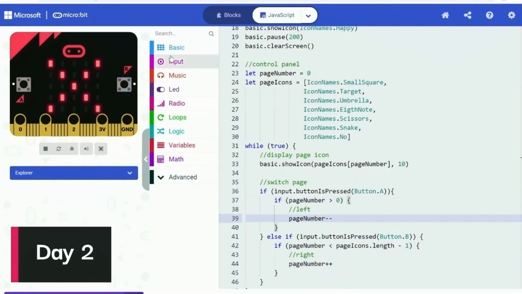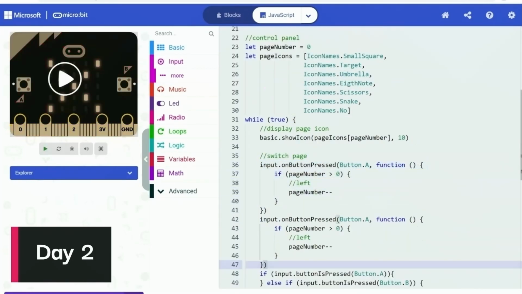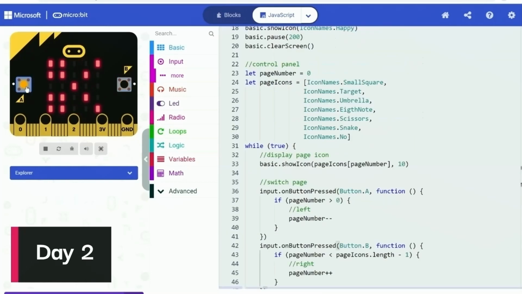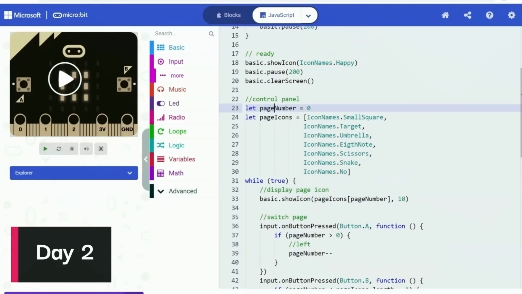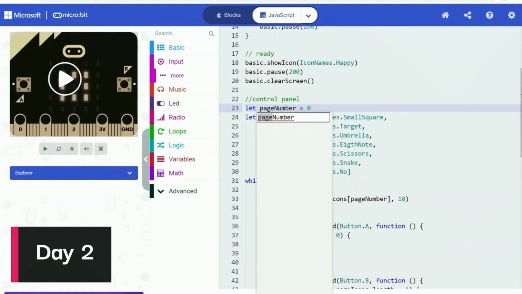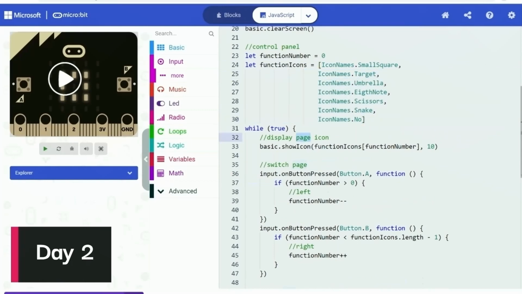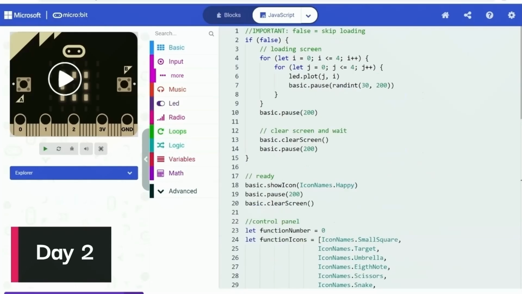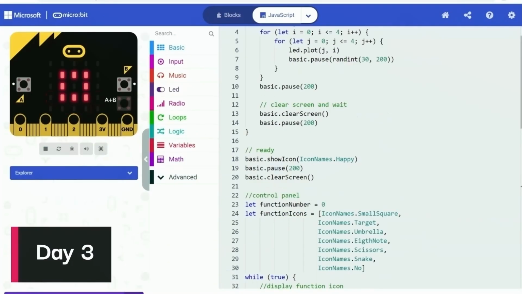Just as I worried before, the logic I used was taking the button pressing too many times. So I switched to the other way, where I simply added listeners to the buttons using the built-in functions. The 2 separate listeners were coded for each button, and then I moved the logic I previously wrote into the listeners. I also added the listener for the pressing of button A plus B at the same time, which I planned to use for selecting the function. I kept it empty because I decided it was the job for another day.